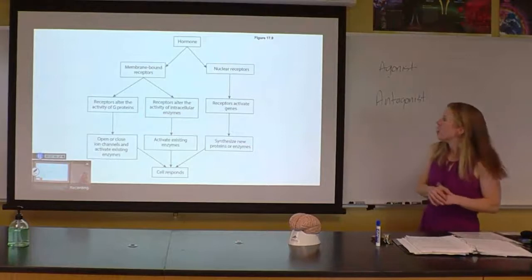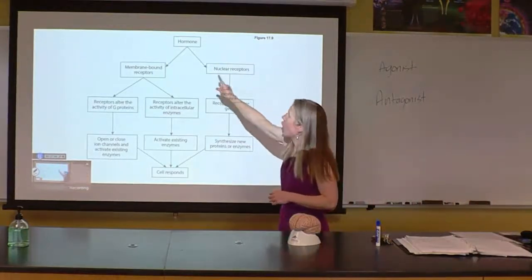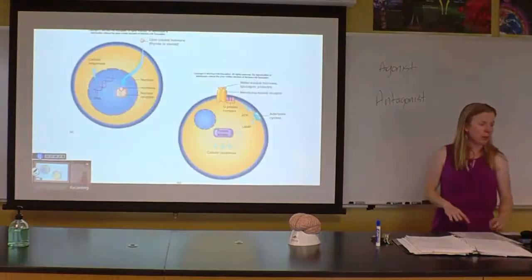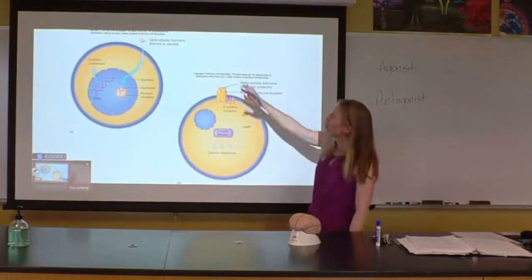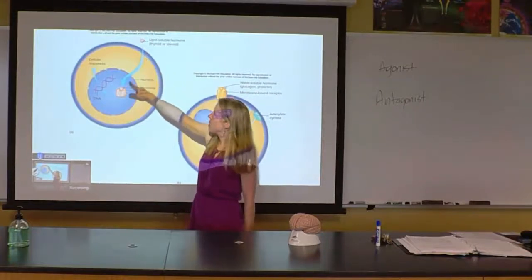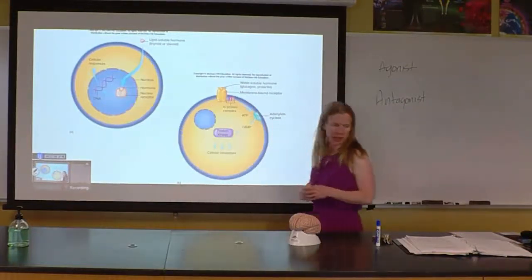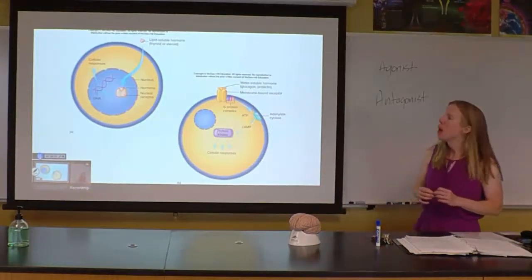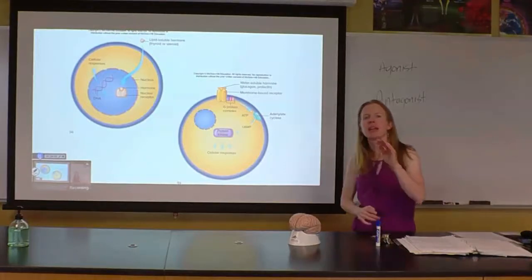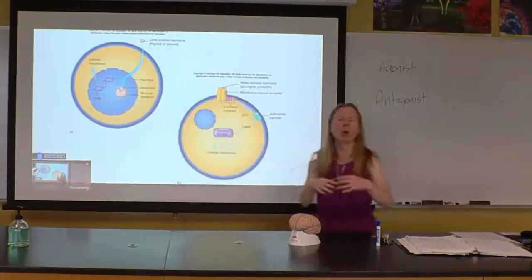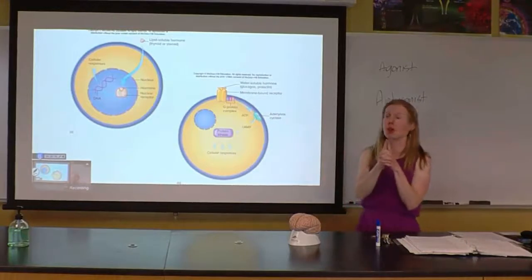All right. What we need to do here to wrap things up is look at how these two different types of receptors work. Okay, so here's our lipid-soluble hormone diffusing directly through the phospholipid bilayer and moving into the nucleus of the cell. The nuclear receptor is often in the nucleus, occasionally it'll be in the cytoplasm and then go in with the hormone, but realize our activity here is on the nucleus.